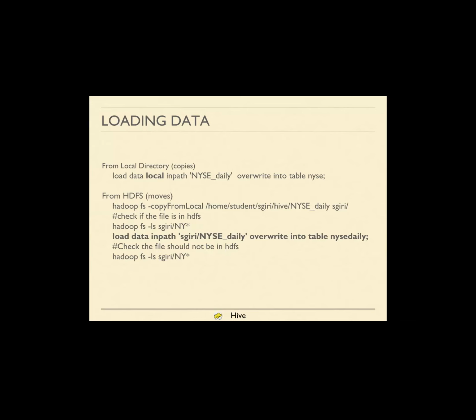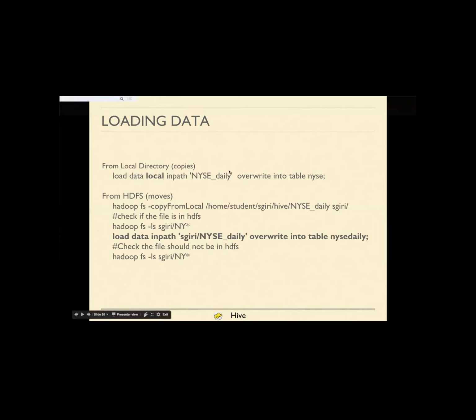Either just copy the file into the destination table. In that case, you will have to first find out the location of the table, if it was automatically created, and there you copy the data. With respect to the location, please keep in mind that if we do not specify the location, it creates the database, it creates the table, and it creates the folder automatically.